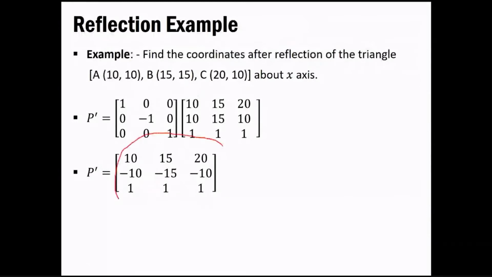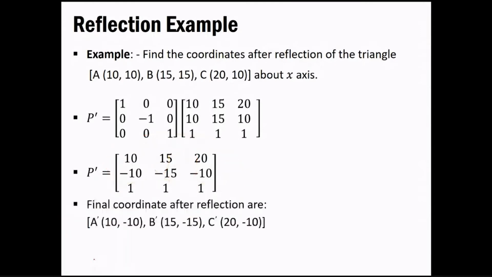So that is what it says. We got our new coordinates, that is 10 minus 10. You can consider them A dash, B dash and C dash. And these are the final coordinates after the reflection. Now you can put it in your notebook and check, if these are the original coordinates that we were having, after reflecting about the x-axis what are the things that change. Once you consider this, obviously you get a reflected image of the particular object. So that is about reflection.